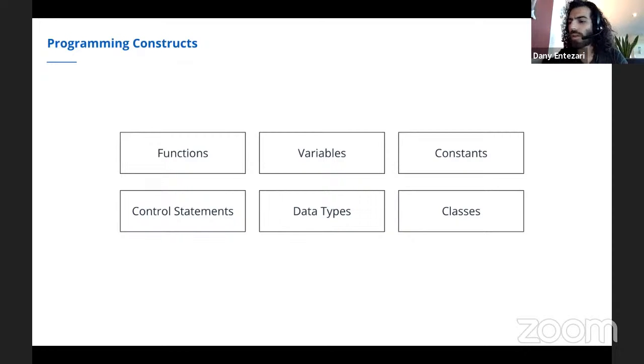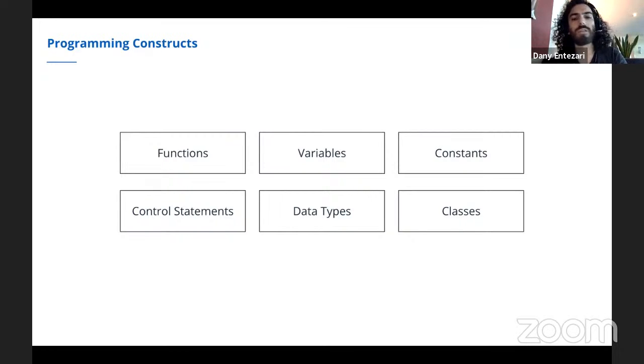Okay, so when you are learning programming, you want to make sure you've covered all of these, especially as a beginner, the first five. The sixth one, which is classes, you can do this once you have acquired enough skills.